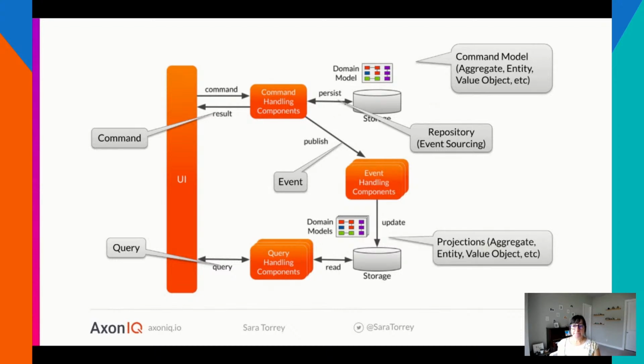So this brings us to the projection side of our application on the bottom side in the domain model, as you can see, of our event handling side. Now, this is interesting to see because both sides, on the command side and the projection side, have very similar things in the domain model, right? They have aggregates, entities, and value objects, and so on.